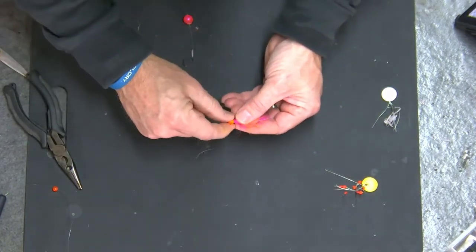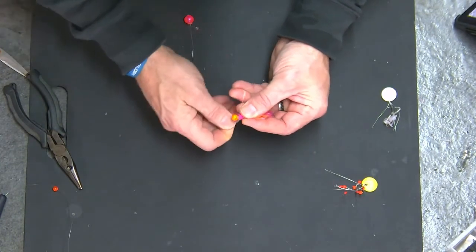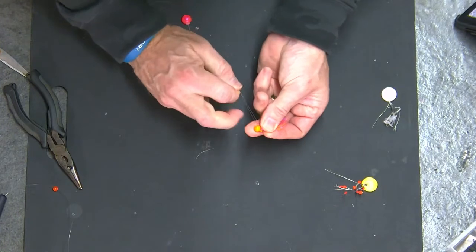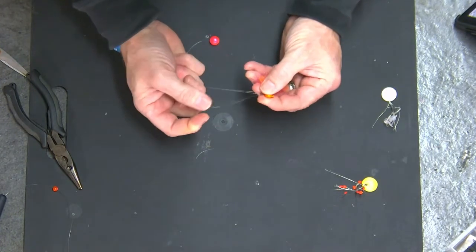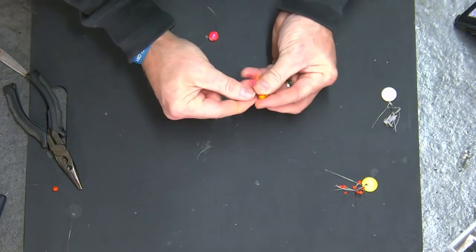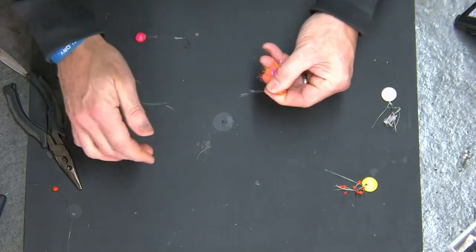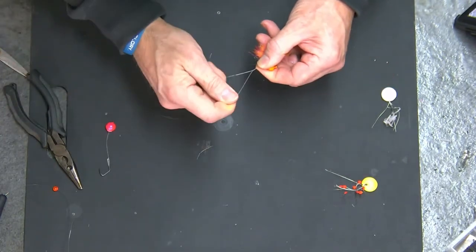Okay, so right here at the head of the jig, I'm going to lay this in here. We're going to wrap it twice. Again, you got to ensure that bumper. So we wrap just behind the head of the jig twice, okay? And secure that line in there nice and tight. And now I have the working end and the running end. So again, we're going to